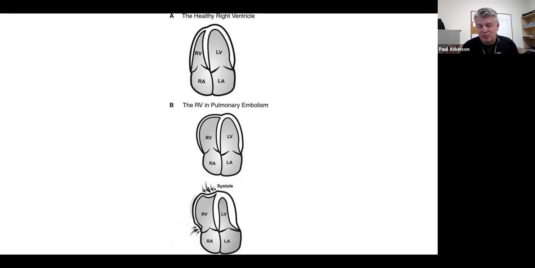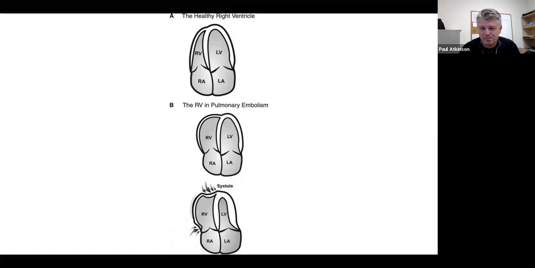It gives you a shape. I compare them to a donut and a croissant. If there's a nice big donut, that's the left ventricle, nice and round, that's good. And a nice thin croissant, the right ventricle, that's good. If they're both bulky and big and there's a flattening of the septum, then that's a bad sign. So that would be the one I would go to if I had to choose,